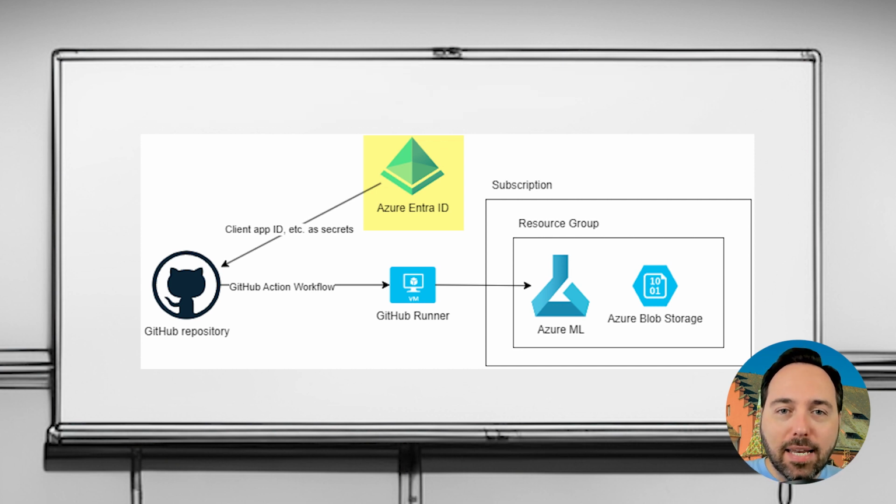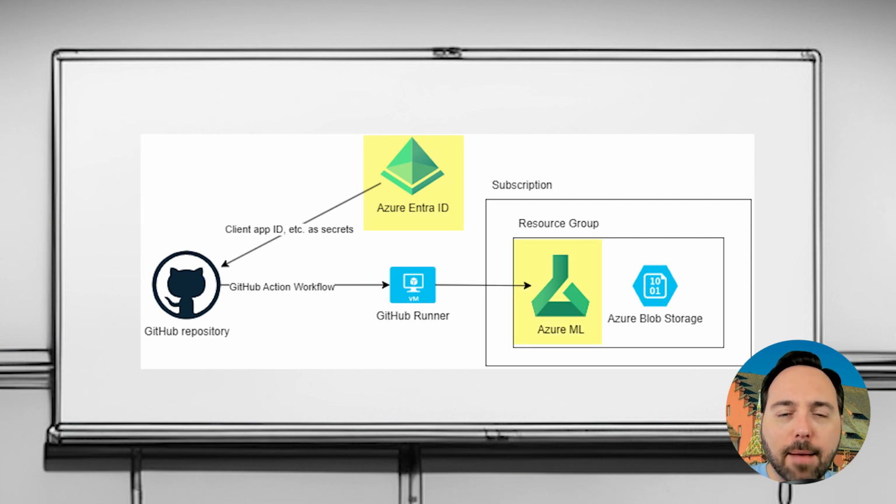The basic idea is that we will need to register a new Entra ID application registration and service principal. And an Azure Entra ID application registration, by the way, is not an application in the way we think of it. It's not some executable code which provides a service to us. Think of it instead as a way of telling Azure Entra ID that there's some sort of account we're going to want to tie to an Azure service.